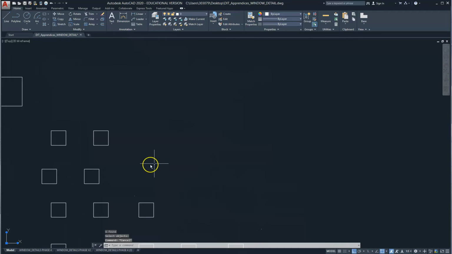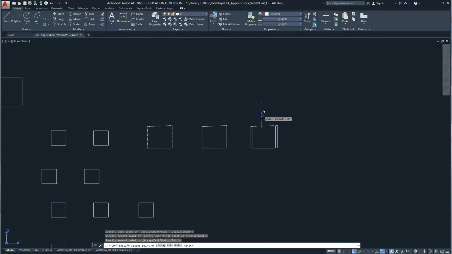The next, to give an example, is to use what's called the last object or the previous object. So if I want to make a polyline, and I copy it, and I erase, if I select L for last, it will select the last object that was created. If I select P for previous,